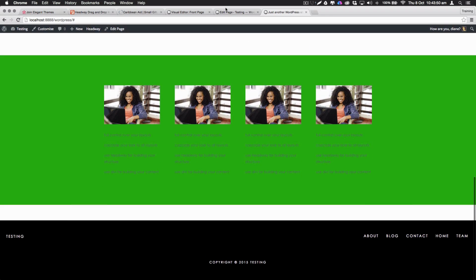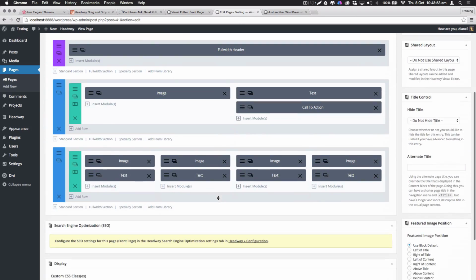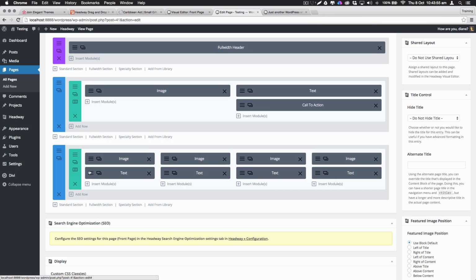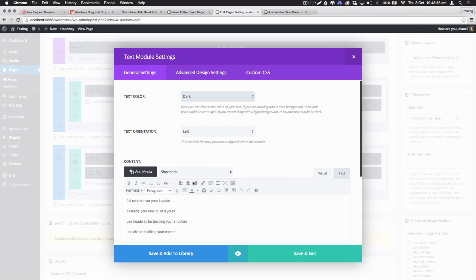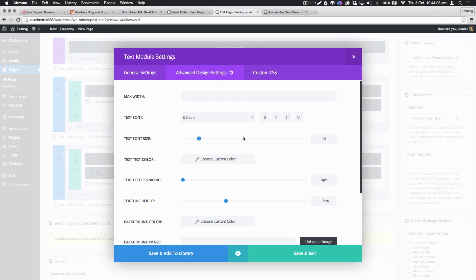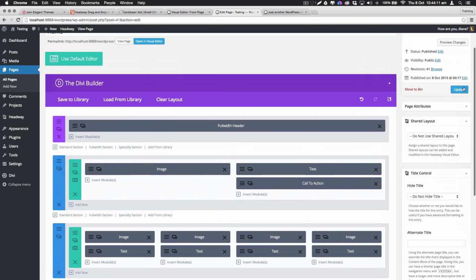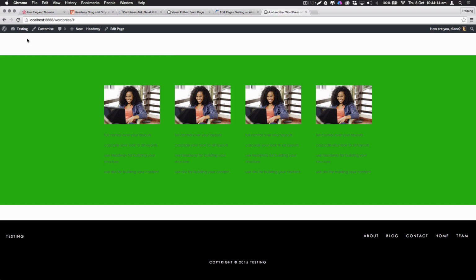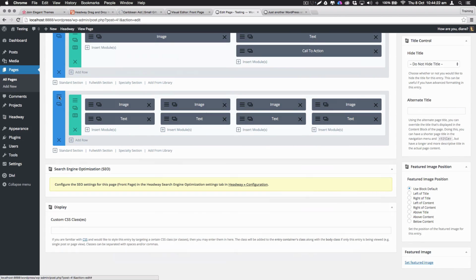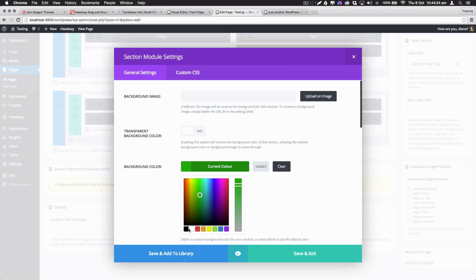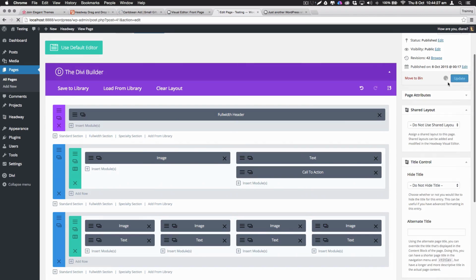Okay, so this thing is super handy, right? Let's say we want to change the color of the text in here. We can change it here to light, or we can go to the advanced design settings and we can change the color there also. Okay, I'm going to choose maybe an orange. Let's press save and update that, and let's refresh and see what we've got. As you can see, we've got that orange there. So I'm going to change this background color to a more darker color. So I'm going to go for black. I'm going to press update,